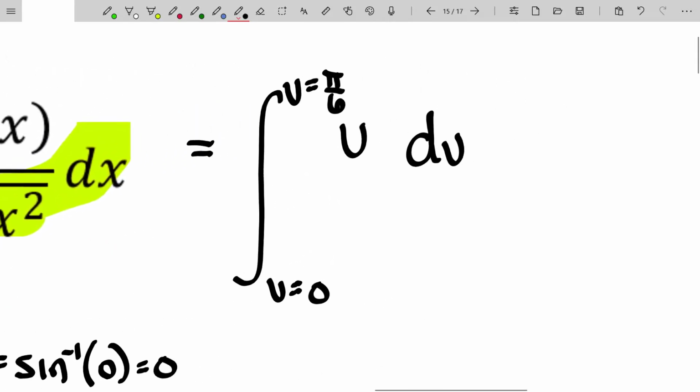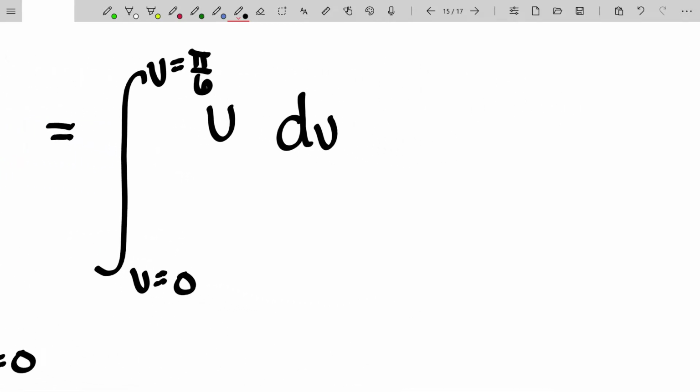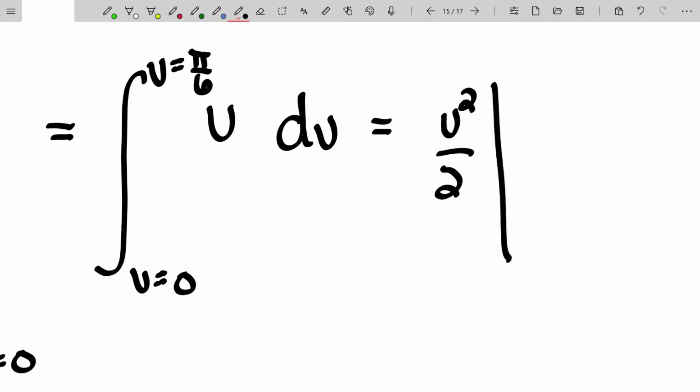Now that we've transformed completely into a totally different environment, all u's, we can complete this problem without transforming back. With definite integrals, you do not have to transform back as long as you've properly transformed completely into the world of u. So this will be u squared over 2 evaluated from u equals 0 to u equals pi over 6,